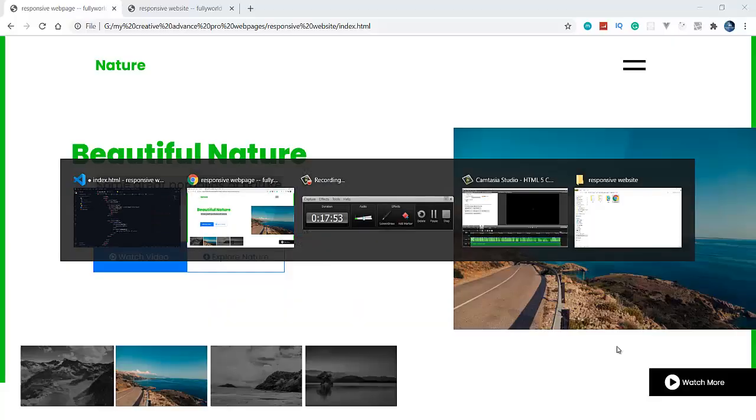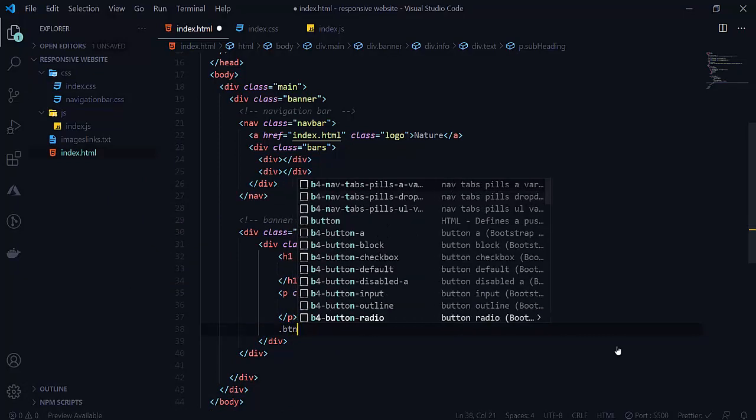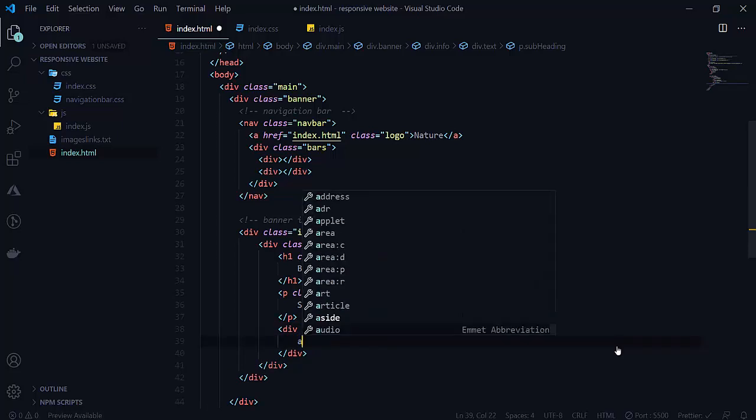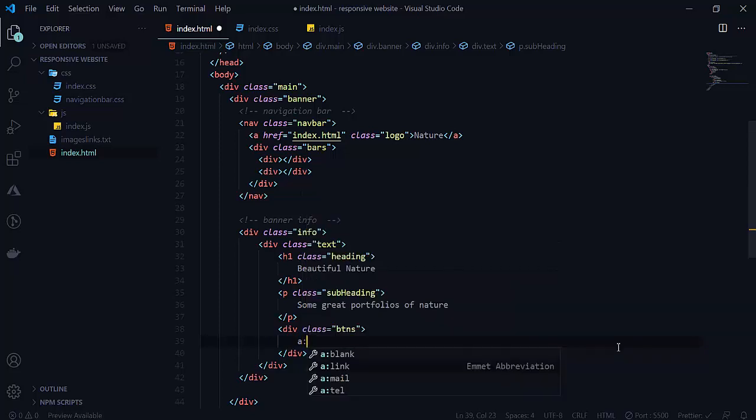And then we want this button here, so there will be a division of buttons, and here we want our anchor tag. So anchor a, and the link, the href, will be hash by default.